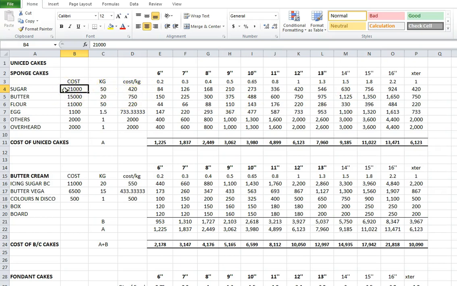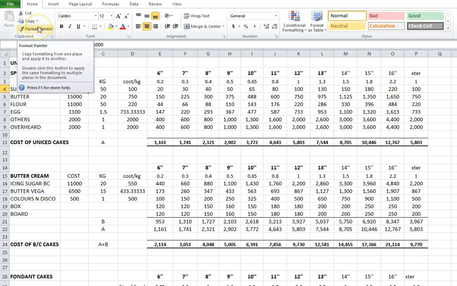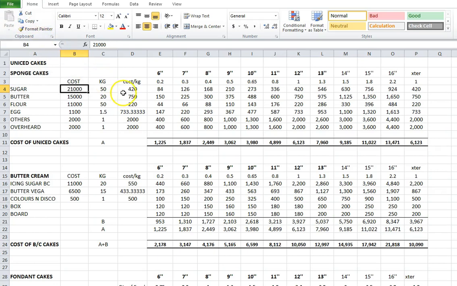I'm going to make this sugar column 5,000 naira, and you should watch out for how much it would be on these other parts where we've used sugar. So here I'm going to make my sugar 5,000, and you can see how the prices change. So what I've done is, let me undo this. So what I've done is I have put in a formula in such a way that